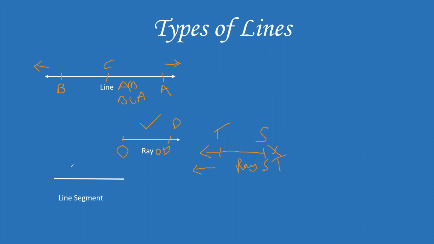Now come to the line segment over here. We have 2 points, let's say C and T. What will be the name now? CT, and there is one more, TC. Yes, line CT or line TC. And why is it like this? Same principle: there is no continuing, it does not continue, so you can name it from any way you want. You can name it like this, or like this. So this is known as naming of lines, the nomenclature of lines.